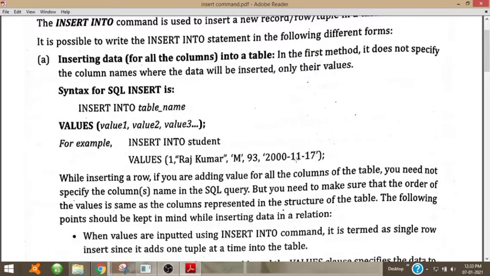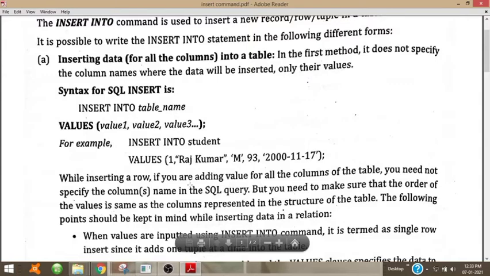Date is always enclosed in single quotes or double quotes. The format to insert a date is first year, then a hyphen, then month, then hyphen, then the day.